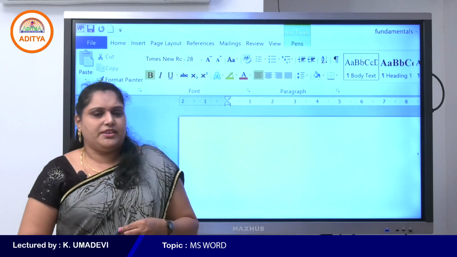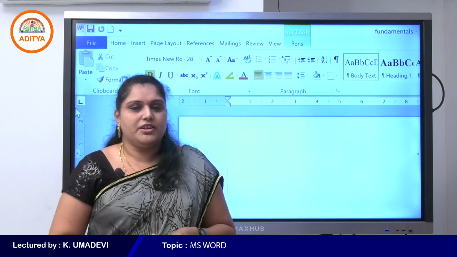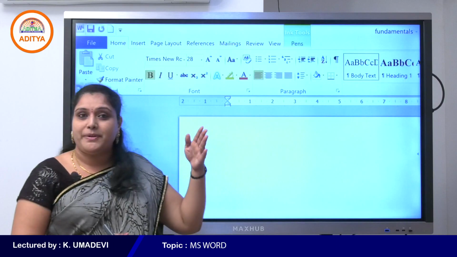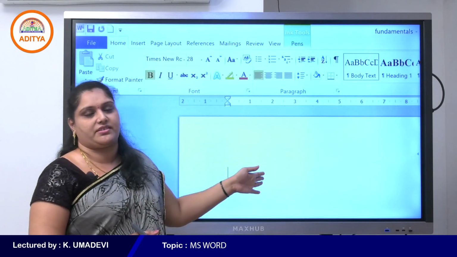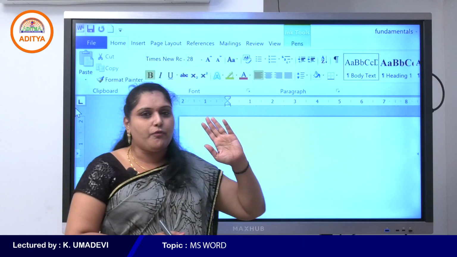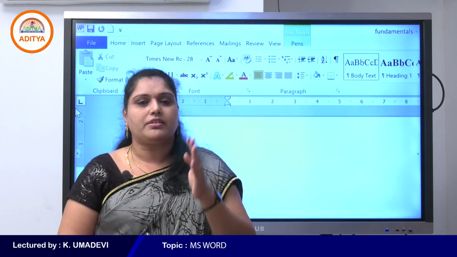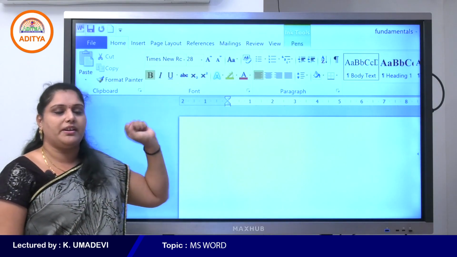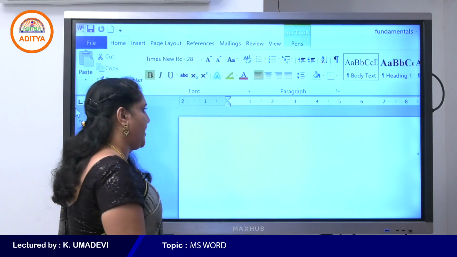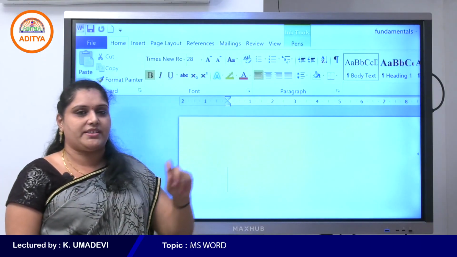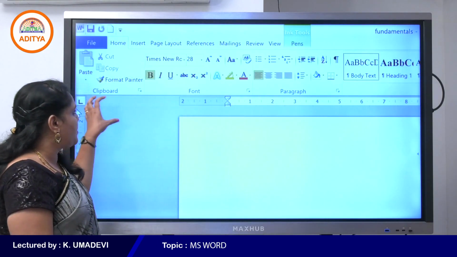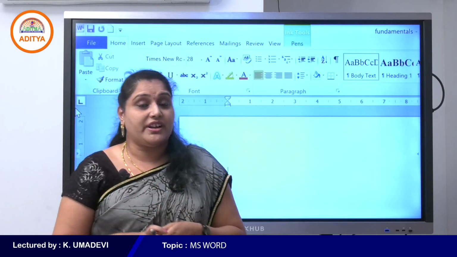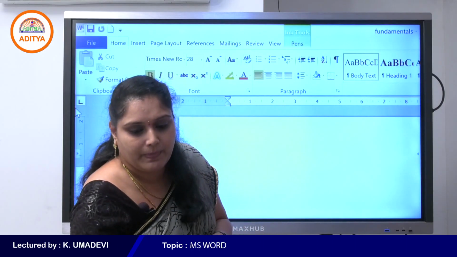Edit, reset. See, formatting means, by using formatting options, we can change the look, appearance and presentation of our text. That means if you want to change the look and appearance of the document, then we use various formatting options available on the ribbon. Home contains various groups like clipboard, font, paragraph, etc. All are used to apply different types of formatting to our text. So that is the advantage of formatting.